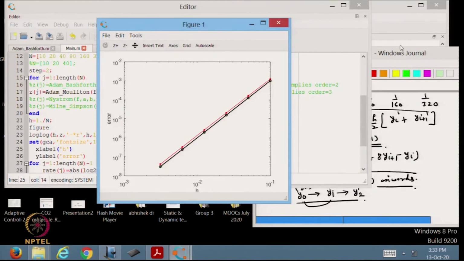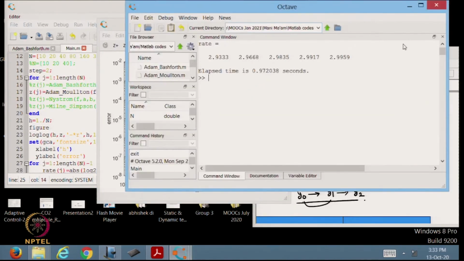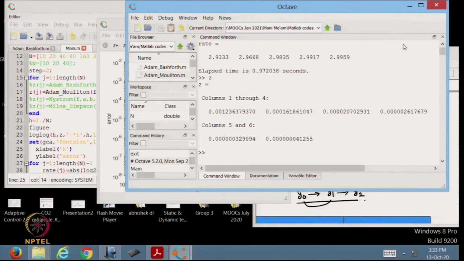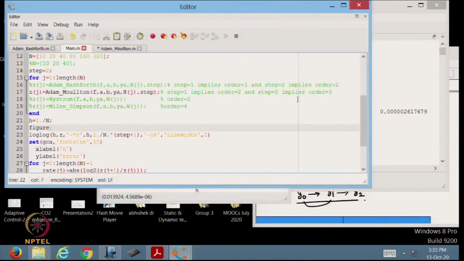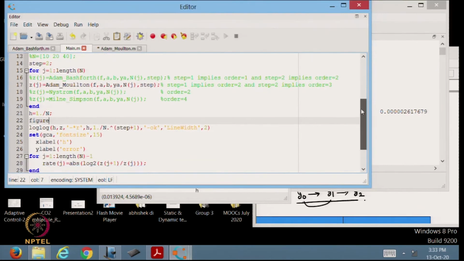Yeah. So, that is what you can see here. If you want, you can also see that the error is tending to 0 as h tends to 0. If you want to observe the same thing graphically, the graph is also in front of you. Again, the red line is the actual error and the black line corresponds to h cube, because this is an order 3 method, or h cube. So, that is what we are doing here.